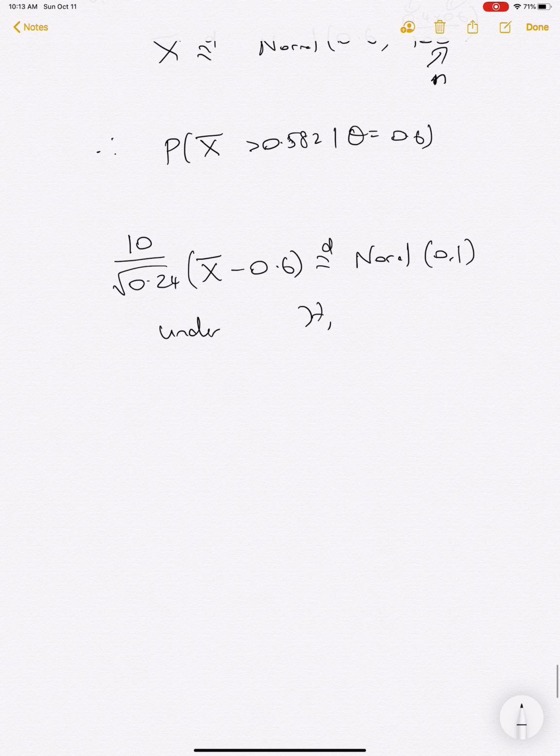And so the probability that x bar is bigger than 0.582, given theta equals 0.6, is going to be the probability